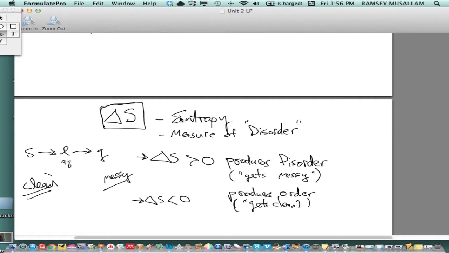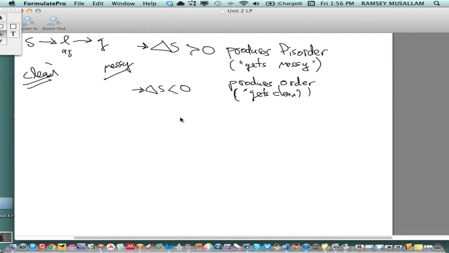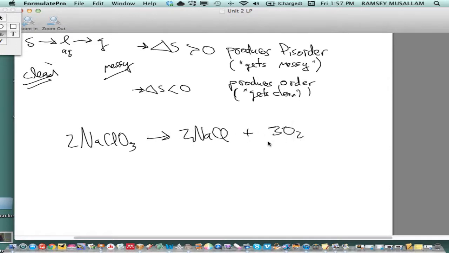So here is one way that people go about doing problems about this. Here's a standard example. Okay, so let's talk about what we have just been doing in class. I'm going to take the decomposition of a chlorate and I'm going to make this. Now,